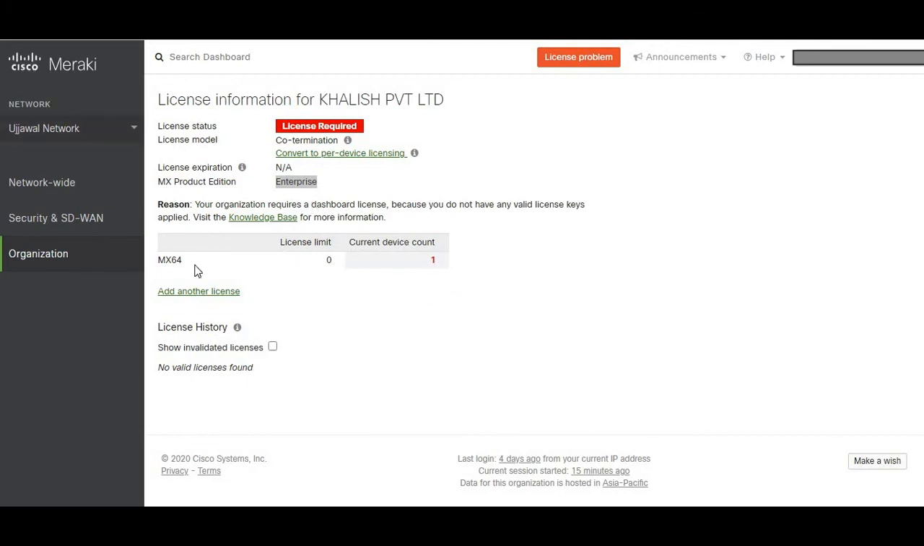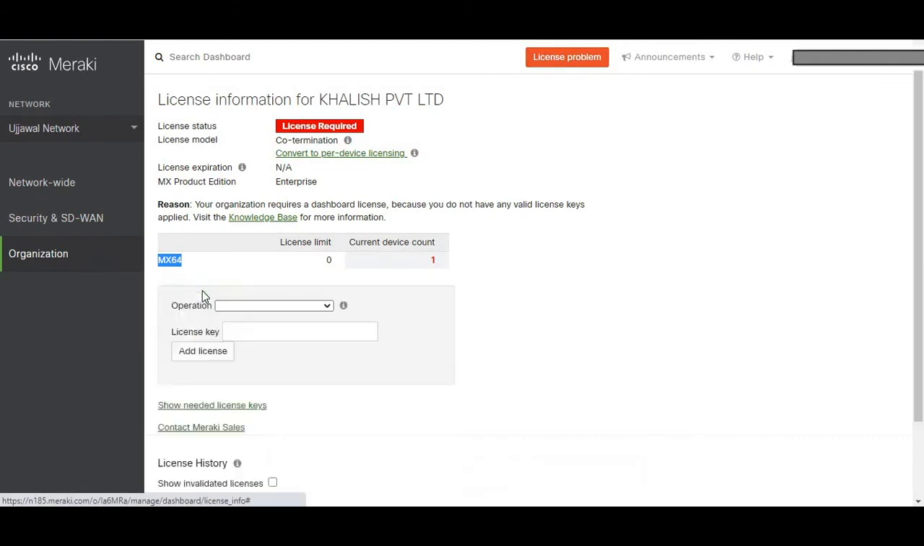Now here, if you see, I have an MX64. My license limit at the moment is 0 and the current device count is 1. So I do not have any license for this device, so it's giving me a license problem. How to add a license then? I will click on add another license, then it will give me the option to license more devices or renew my dashboard license. I will select renew my dashboard license, and add a license key,